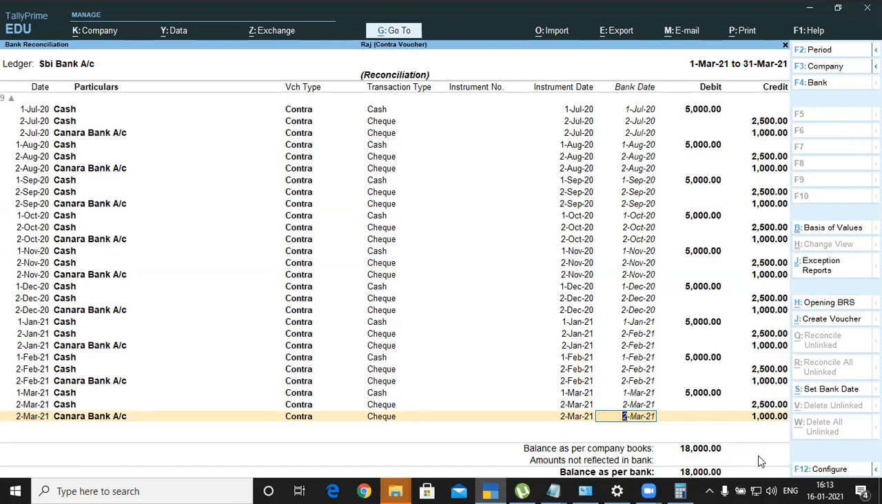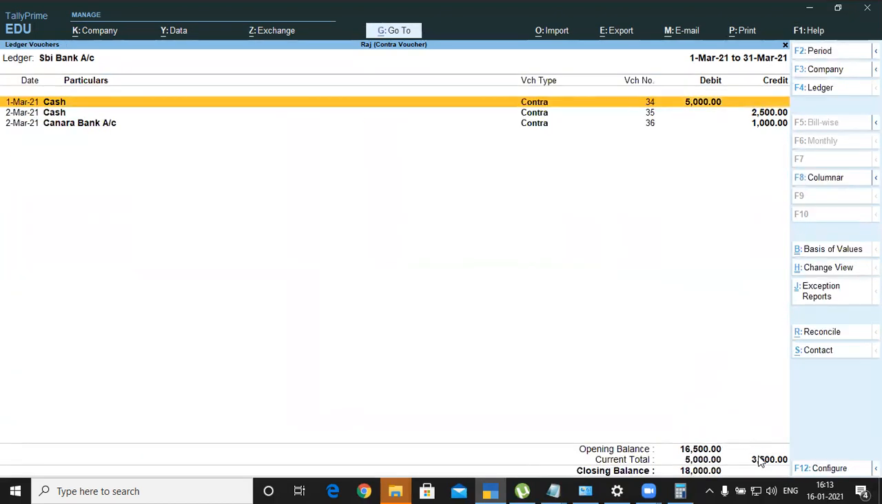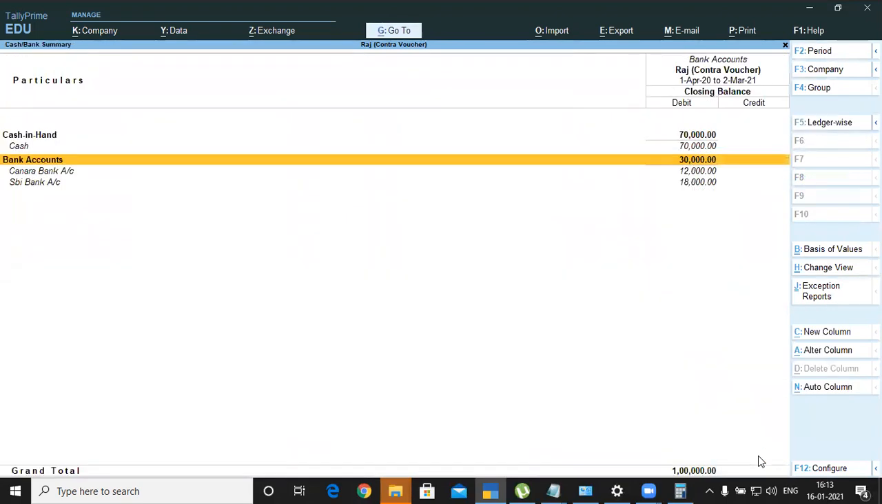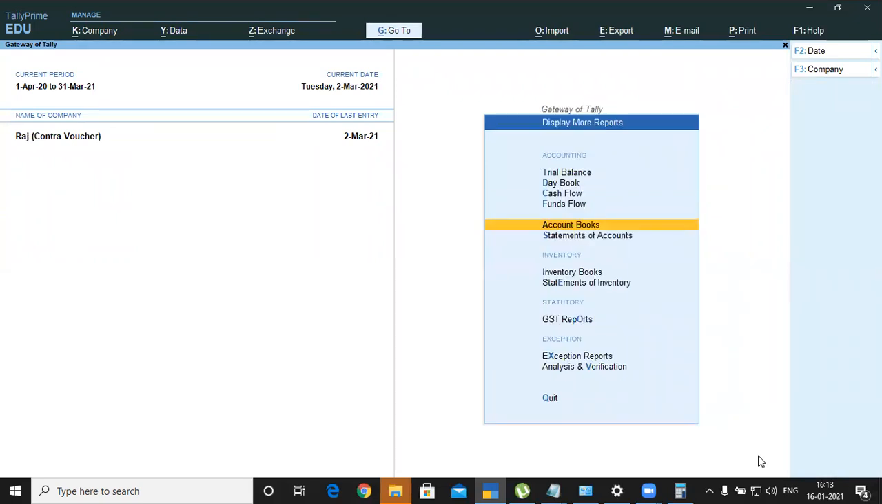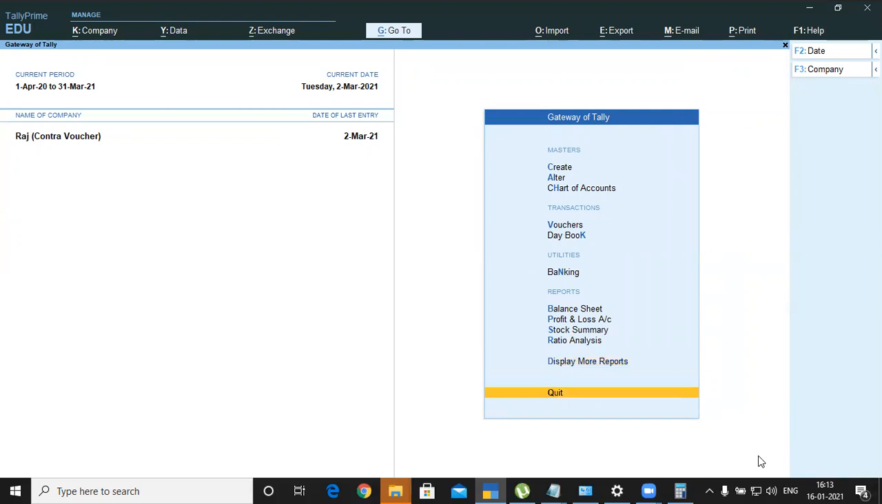And press enter key and accept. Okay. Now if I would like to take ledger balance reports, how can I take ledger balance reports? Display more,